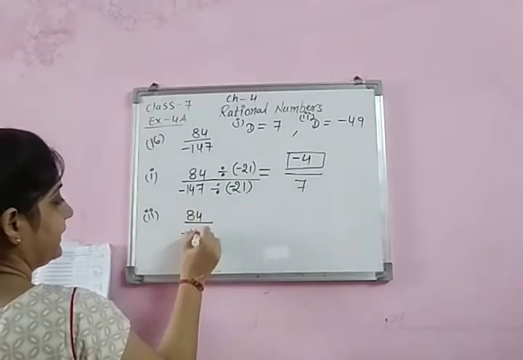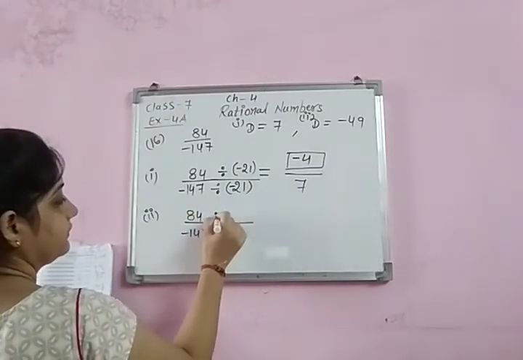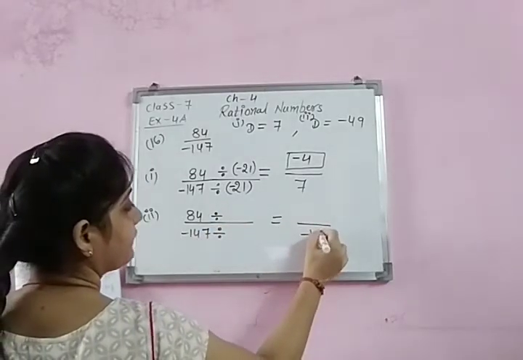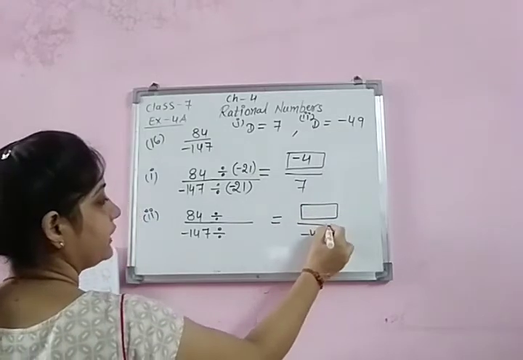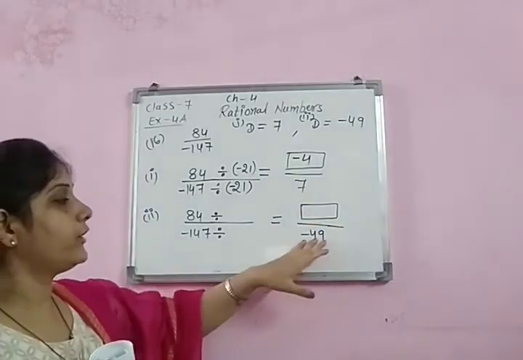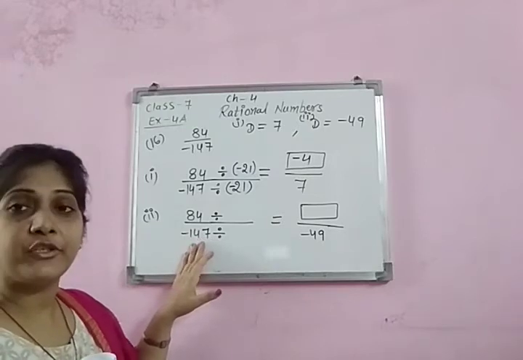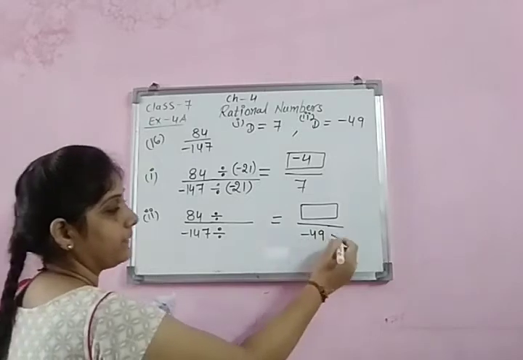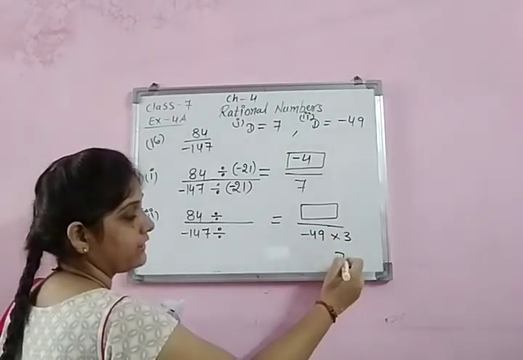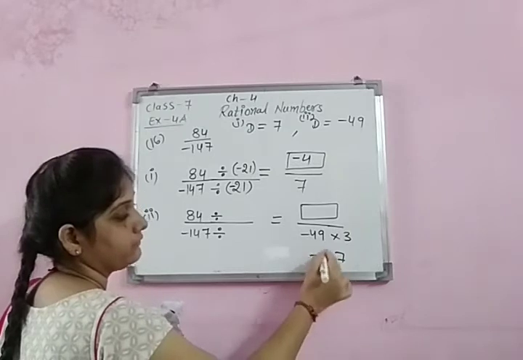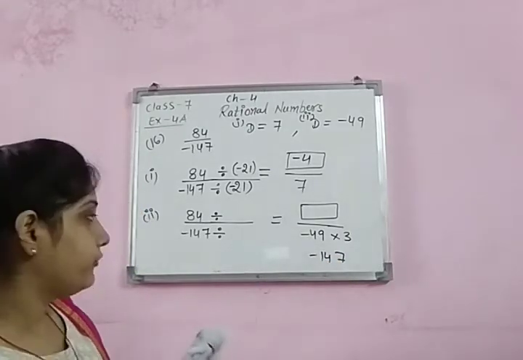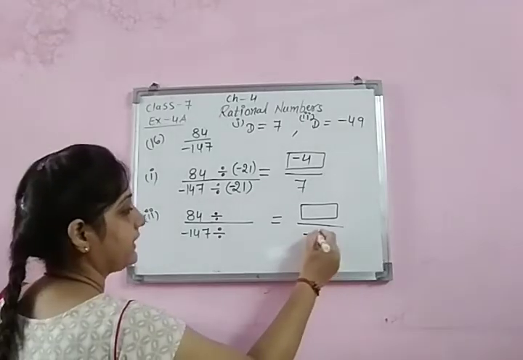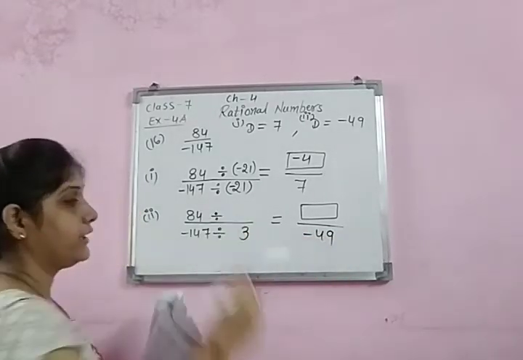84 divided by negative 147. So for getting the smaller number, we have to divide. Minus 49. And the numerator we need to find. So how does 49 come? By which number do we have to divide? So I think by 3. Because when you multiply it by 3, look, 3 9s are 27, 3 4s are 12 and 2, 14. So in the table of 3, if I am dividing it by 3, I get 49. Okay, it is minus 49. So I have to divide it by 3.